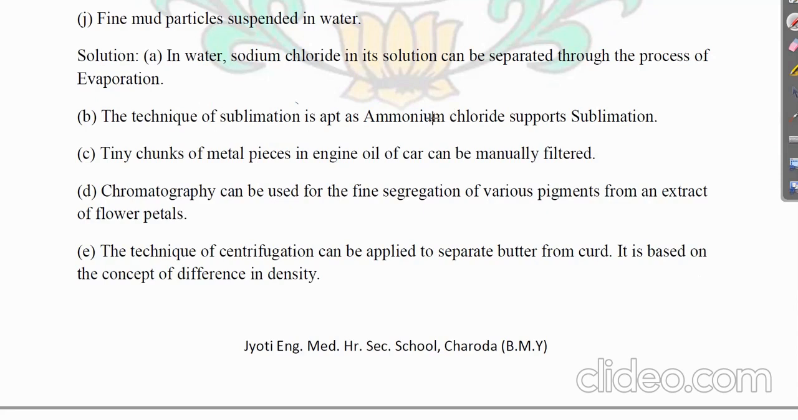Thus ammonium chloride will get sublimated, and the left out will be salt. Common salt will be left out. Tiny chunks of metal pieces from engine oil can be filtered manually, or they can also be filtered by magnetic